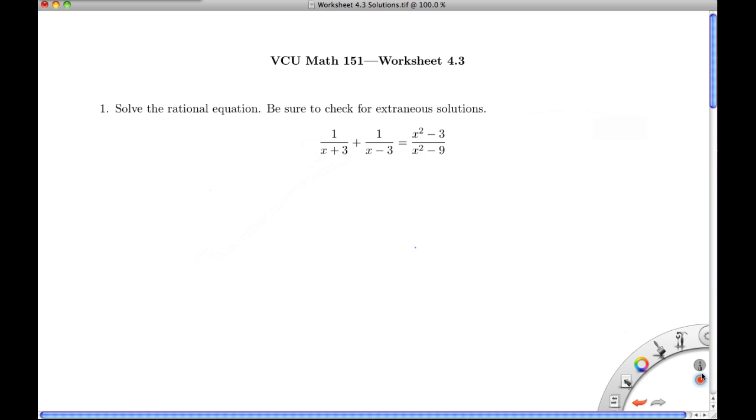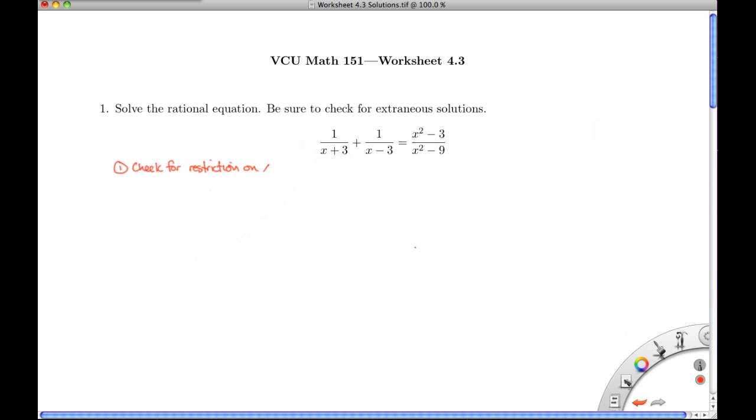So in this first one we've got an equation that involves rational functions, and in general this is a good sort of procedure to abide by when you're dealing with equations like this. The first thing that I'd probably suggest is check for any restrictions. So check for restrictions